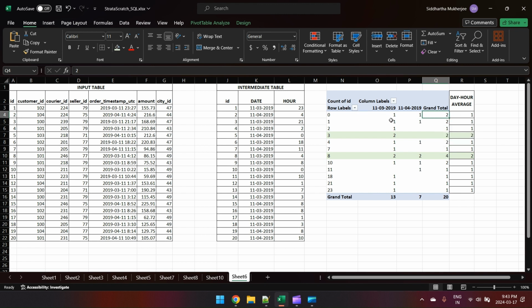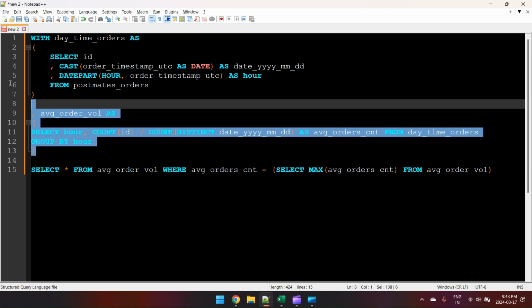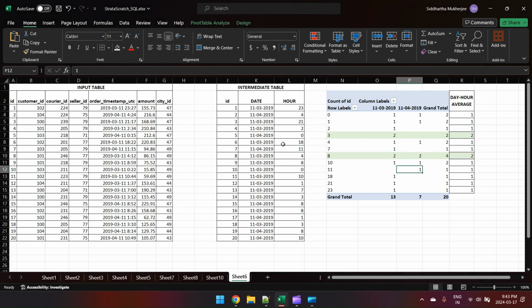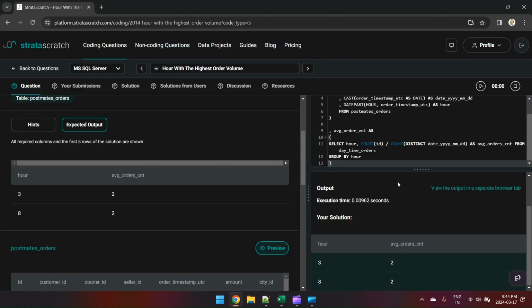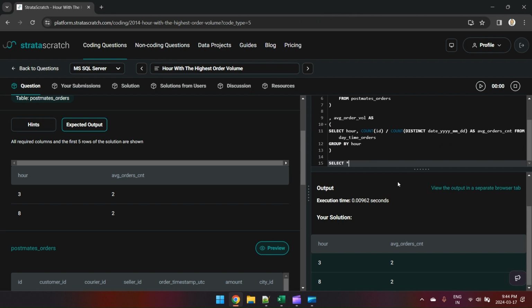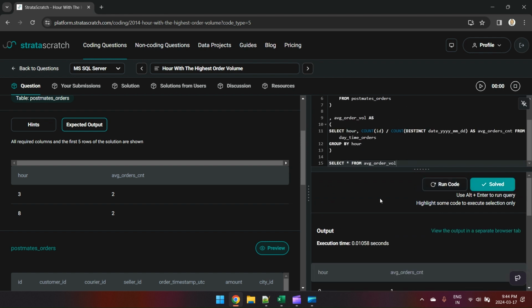were processed. So these two came over two distinct dates. These two came over only one distinct date. These four came over two distinct dates. This one came over only one distinct date. So that's our denominator, and the ratio is called the average orders count. Once we have written the code up to this point, let us see what the output looks like. If we say select star from the second CTE,